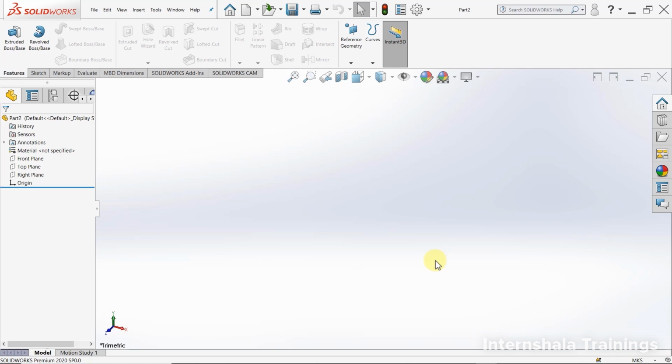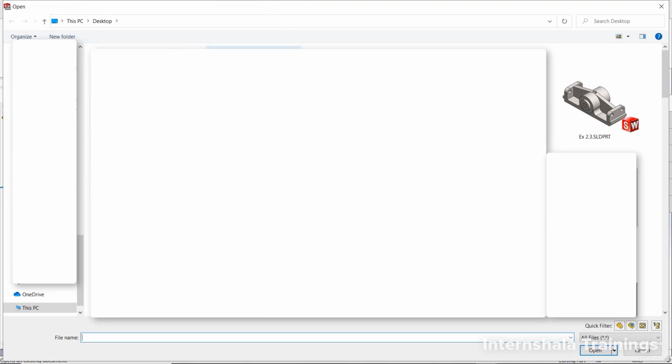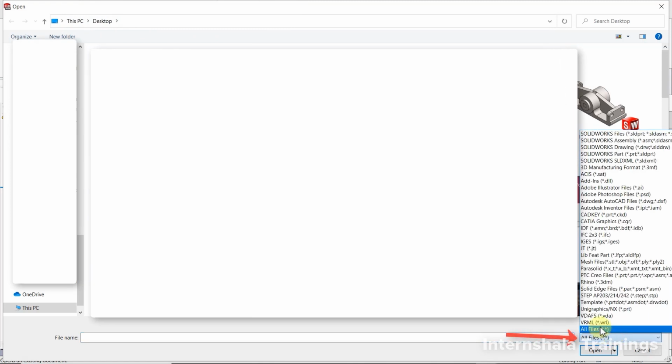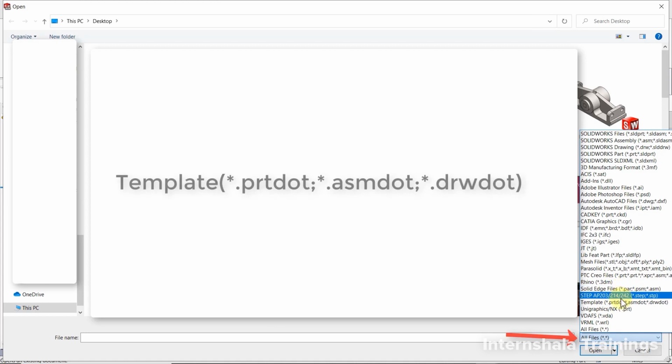First step would be for us to access the template file, which is used to generate the individual part files we open. To access the template file, we can go to the Open New File, and this will open the last location we used. In my case, it is the desktop. So in the file type, we can change the all files to the template file,